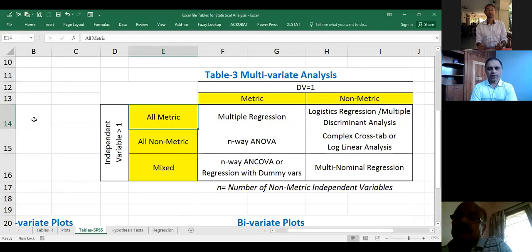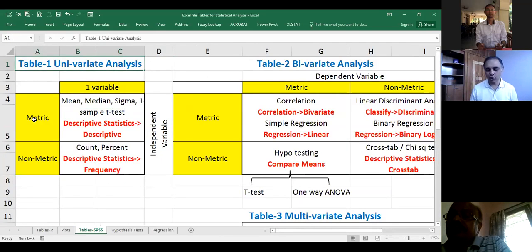I told you in the first lecture, the language of statistics, the grammar of statistics, it looks for three things. What are the three things? Number 1, how many variables you have. Number 2, how you measured them, metric or non-metric. And third thing, if you can tell me who's the dependent, who's the independent, you can open all the gates of statistics.